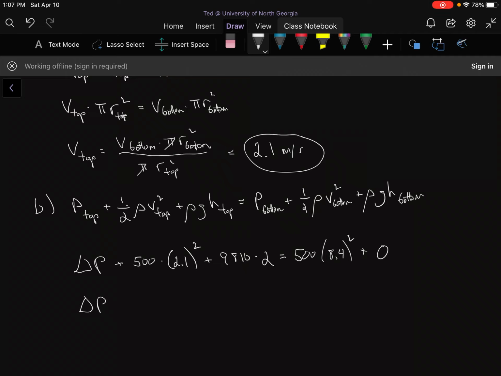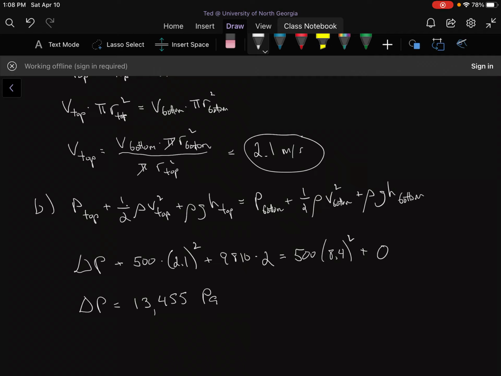So the difference in pressure, that is the pressure at the top minus the pressure at the bottom, is equal to 500 times 8.4 squared minus 2 times 9810 minus 500 times 2.1 squared is equal to 13,455